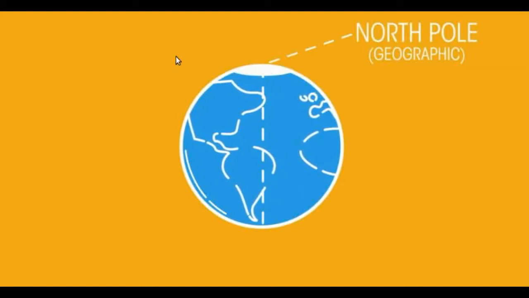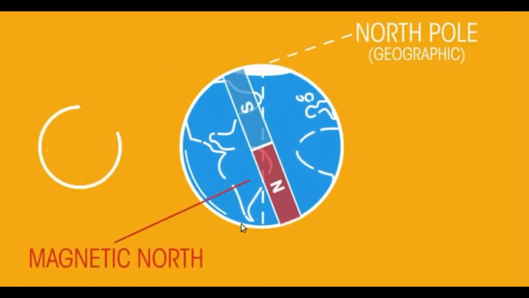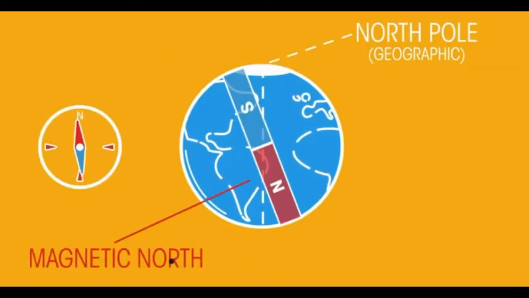Then this is the axis of rotation of Earth, and in that case this is the north pole, which is called the geographic north pole, and here will be the geographic south pole, and for us this is the magnetic north pole. So the magnetic north pole will be different from the geographic north pole.